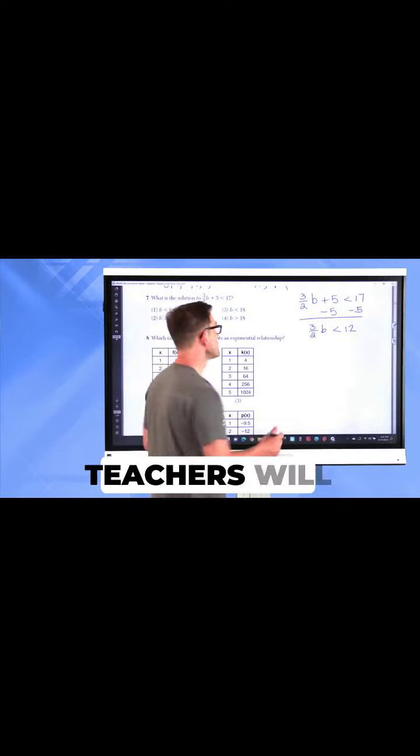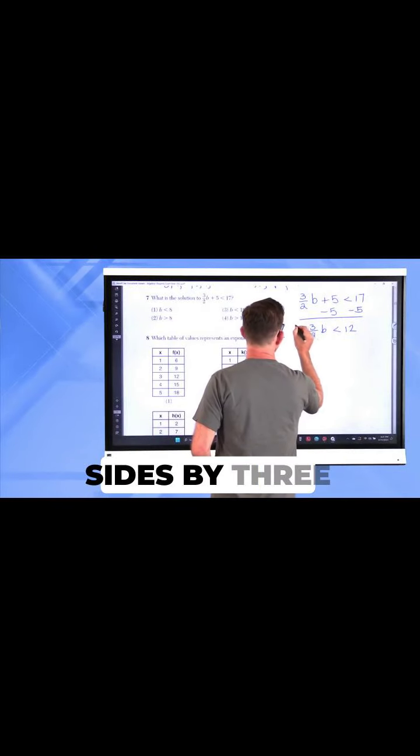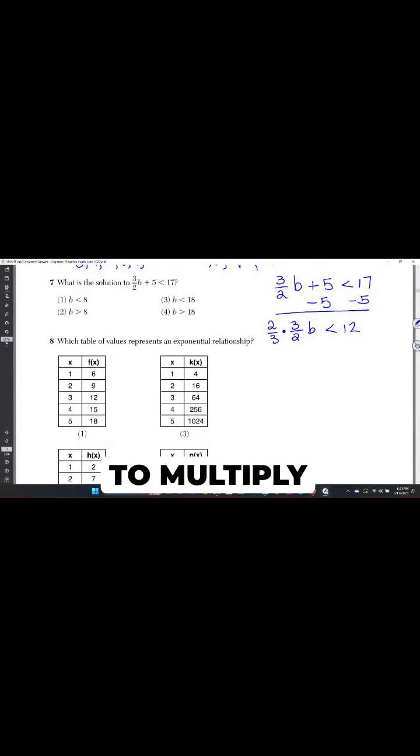Most algebra teachers will tell you instead of dividing both sides by 3 halves, they want you to multiply both sides by 2/3, because 2/3 and 3 halves are what are called multiplicative inverses. They cancel each other out. 3 goes into 12 4 times, and b